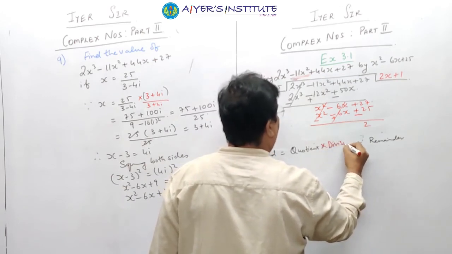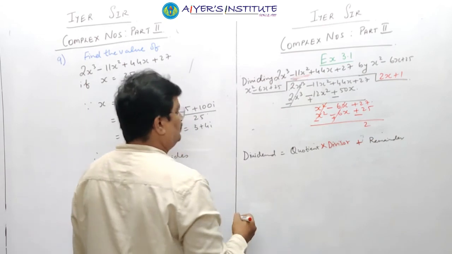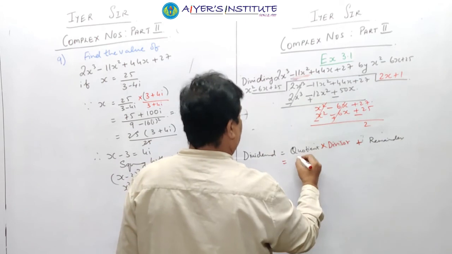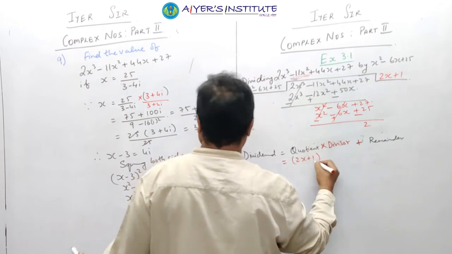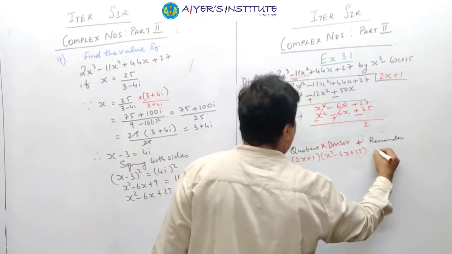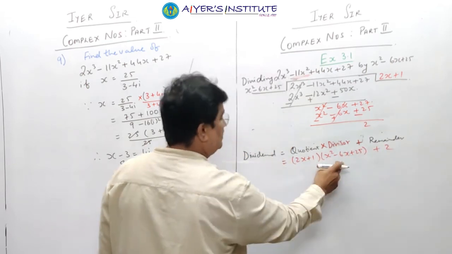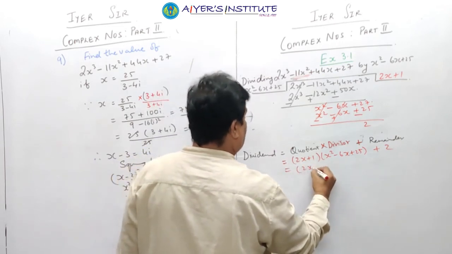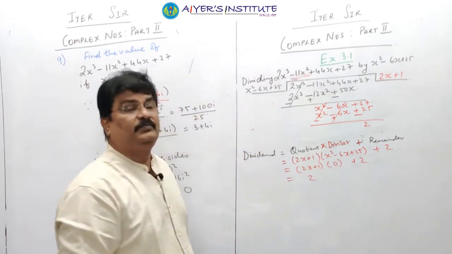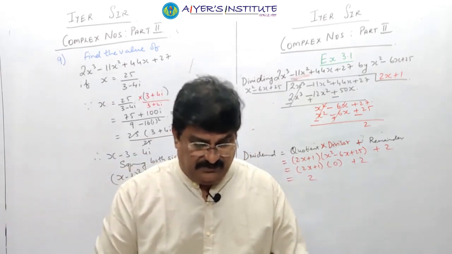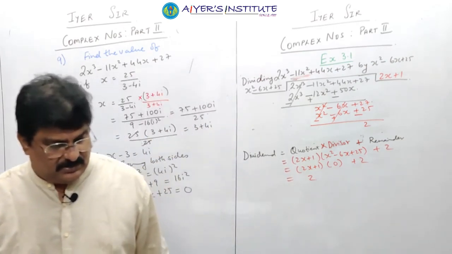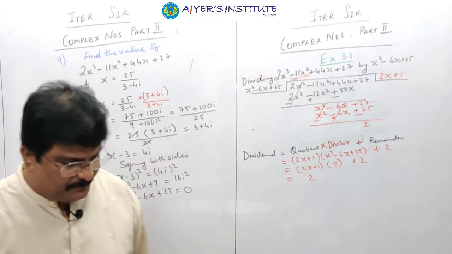तो we get quotient कितना है, 2x plus 1 divisor x square minus 6x plus 25 plus 2, and this is 0, so this will be 2x plus 1 into 0 plus 2, the answer will be 2। So this last sums are very very important, and these are the ones which are mostly asked, so please see that तुम लोग ये sum करो,